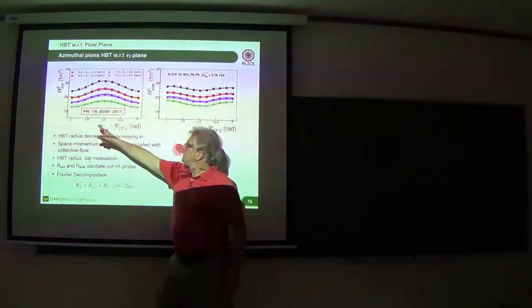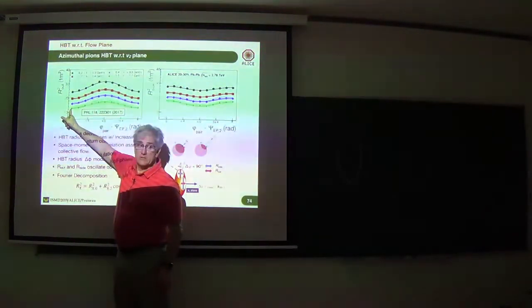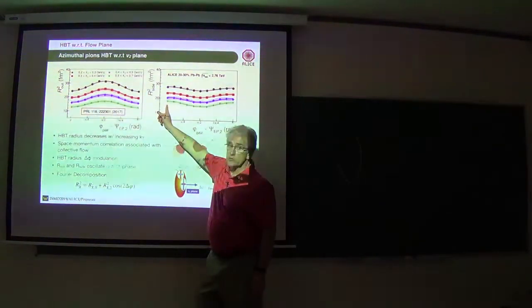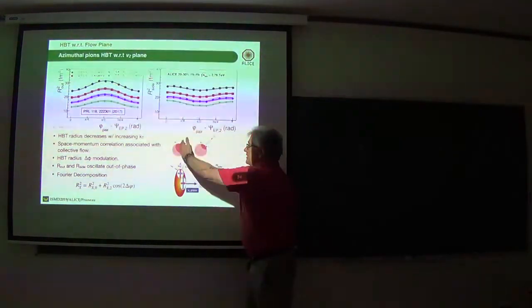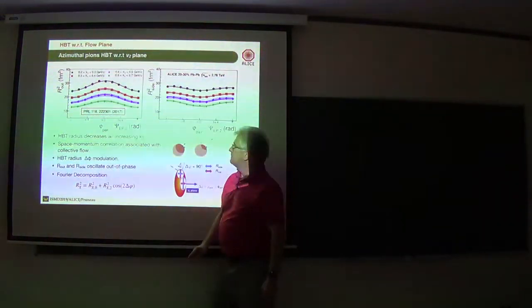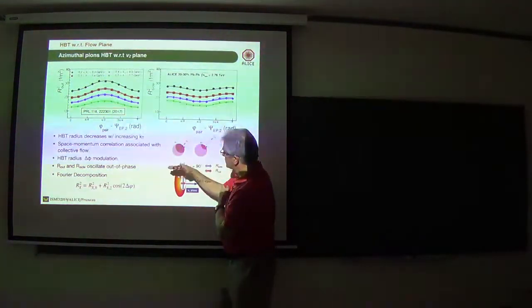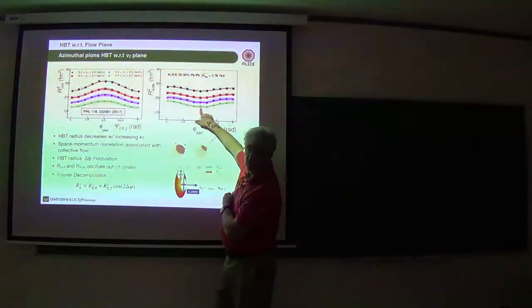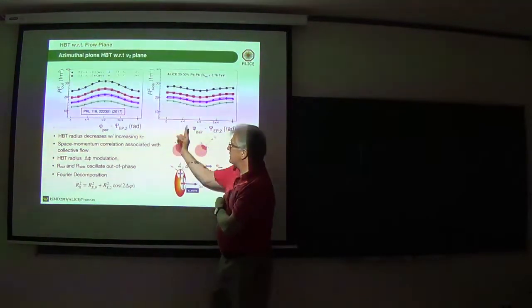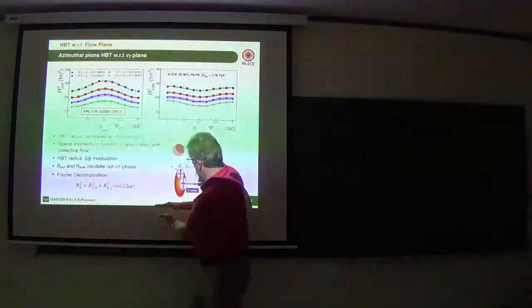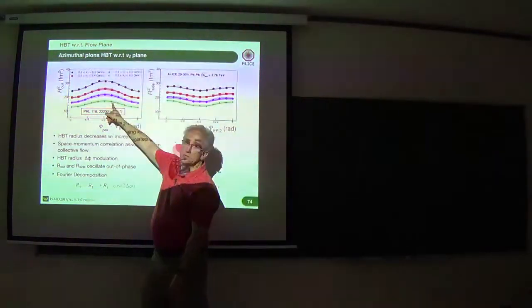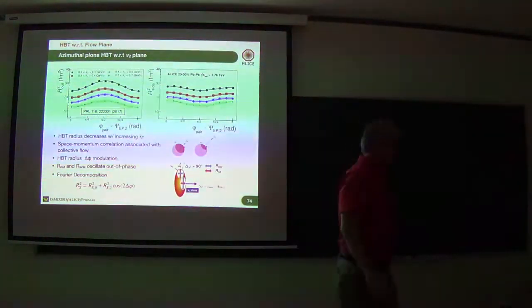And so here, our out is small, our side is large. When you're looking at 90 degrees, you expect to see, in the side direction, a smaller system, and that's what you see. Whereas in the out direction, you expect to see a thicker system, and that's what you see. So we understand the geometry,